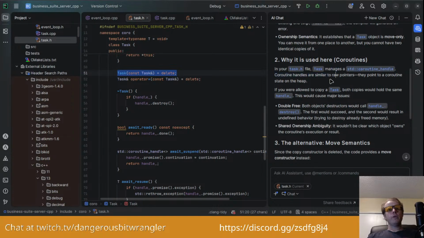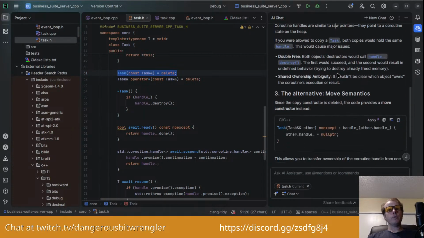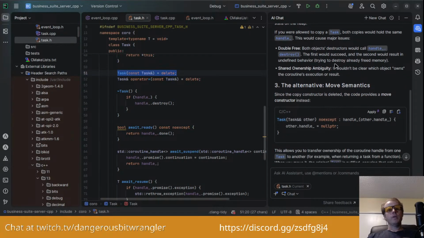Why it's used here with coroutines: Task manages a coroutine handle. Coroutine handles are similar to raw pointers. They point to a coroutine state on the heap. If you were to allow copy of a task, both copies would hold the same handle. This would cause major issues.